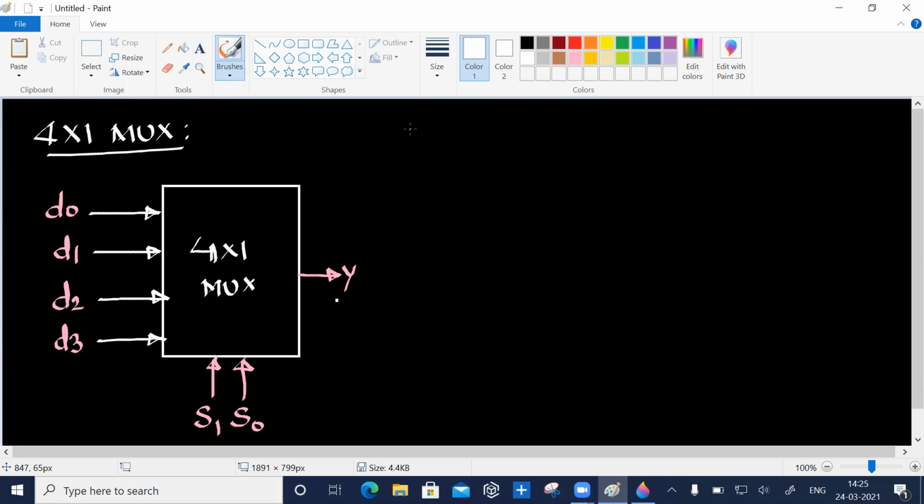Now you start. What is Y here? What is Y? You just tell me one point. If I take S1 equal to 0, let me put the truth table also. Let me put the truth table like this. Here I have S1, S0, output Y. In the truth table, on the left hand side, don't take inputs. You take select inputs, S1, S0. Don't take D0, D1, all these things. Select inputs and output, that forms the truth table, okay?